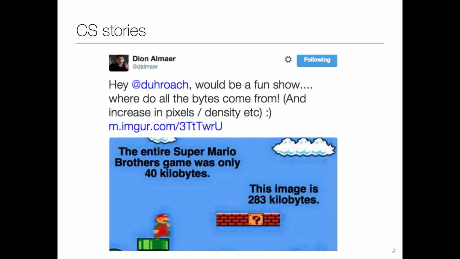Someone was asking this question: the entire Super Mario game fits within 40 KB, and the size of this image is 283 kilobytes. So does this make sense? Does it seem logical? What's happening? Any guesses? How is this possible? The number of bits per sub-image is very less when it has been done during